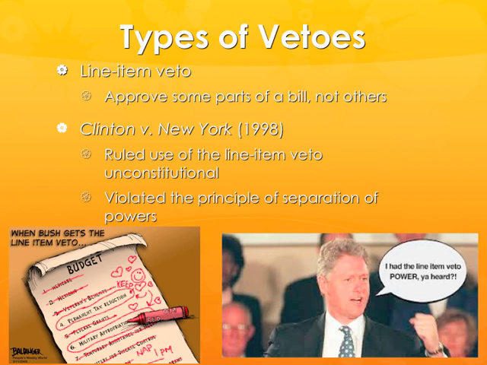The reason that it's unconstitutional is because it violates the principle of separation of powers, because this is essentially allowing the President to mark up the bill, and we know that markups occur in committee. That's part of Congress's job. It is not the President's job to edit and revise, mark up a bill. Only Congress can do that. So his job is only to veto it, the whole thing or none of it, and sign the whole thing into law. He cannot pick and choose what he likes.